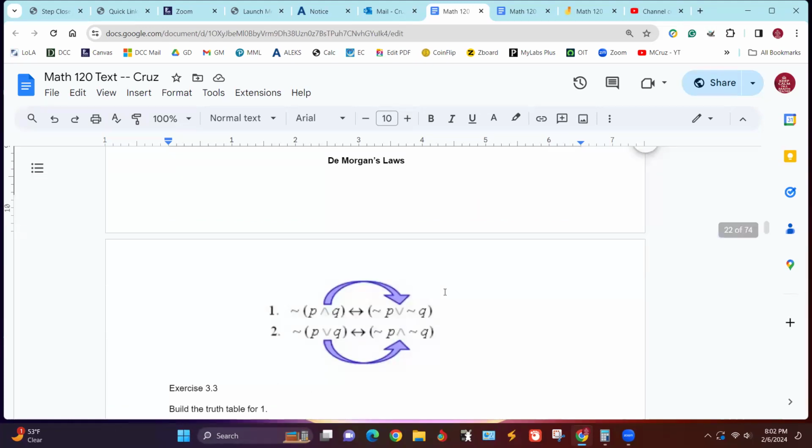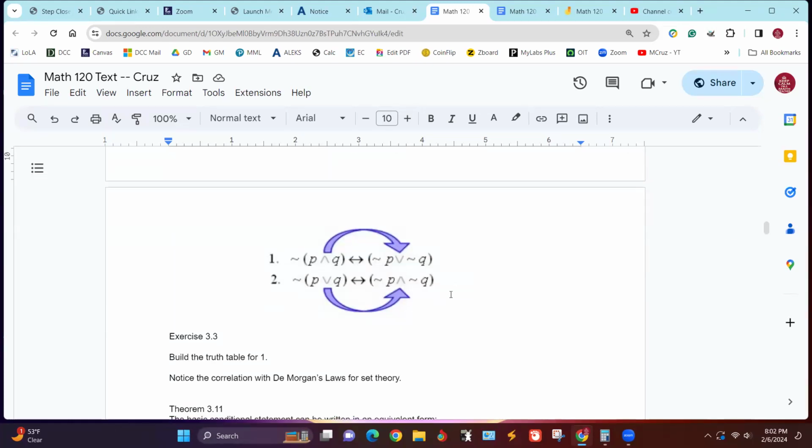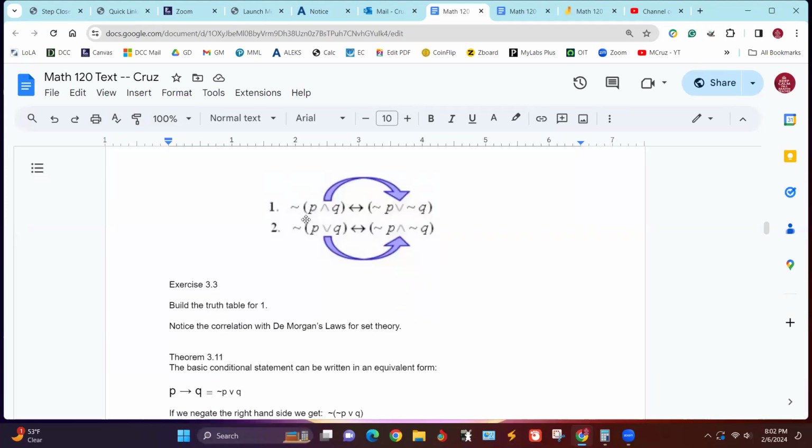So for De Morgan's laws, which are equivalences, the ones from chapter 2 as well, the truth table for the left-hand side is the same as the truth table for the right-hand side. The negation of P and Q is equivalent to not P or not Q. The negation of P or Q is equivalent to not P and not Q.